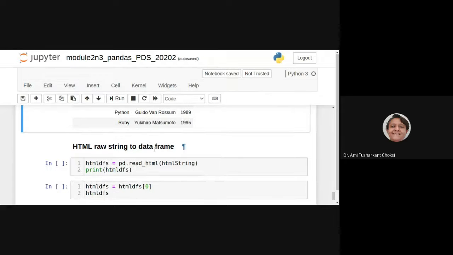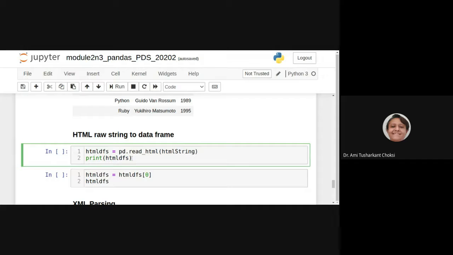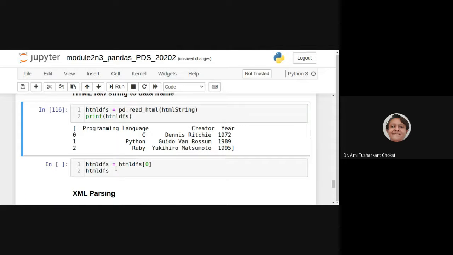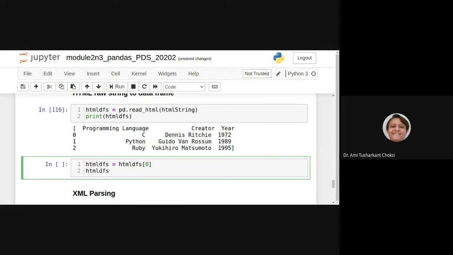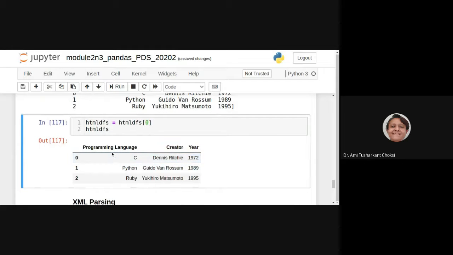Now HTML raw string to data frame. For that we can say, let us read the string. Then after we can say for the df, what we are having of that 0. What we get with that, we can say we are getting the data frame, isn't it?